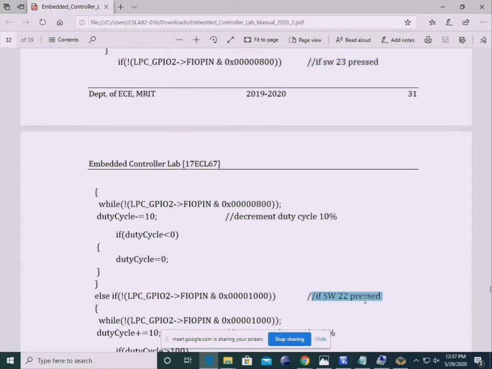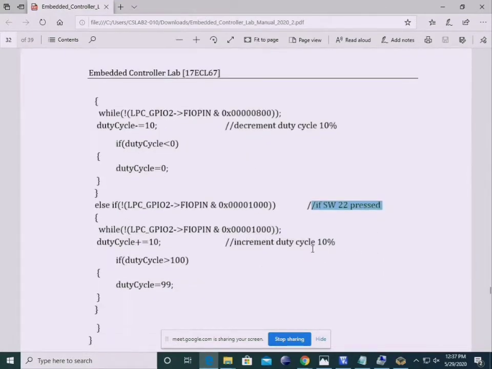If I press switch number 22, it will increment the duty cycle by 10. If I press it one time, the duty cycle will be incremented by 10%. If initially the duty cycle was 0 and I press switch number 22, it will increment the duty cycle to 10 and the motor will start rotating. If I press once again, it will increase the speed.